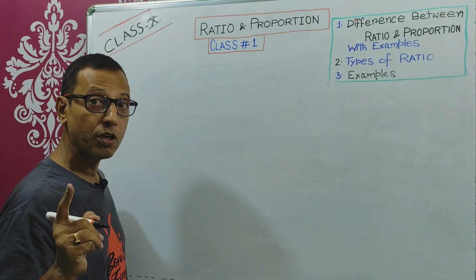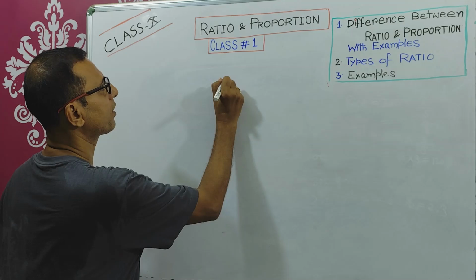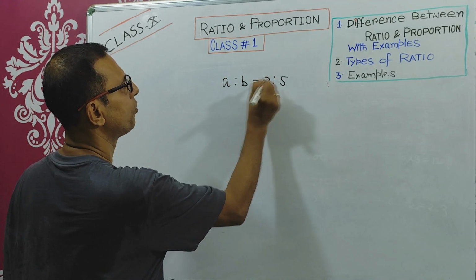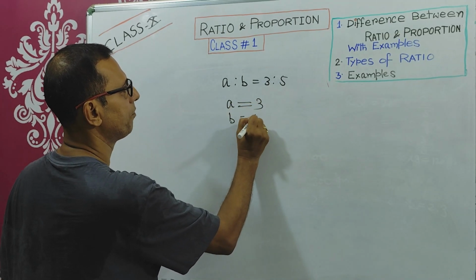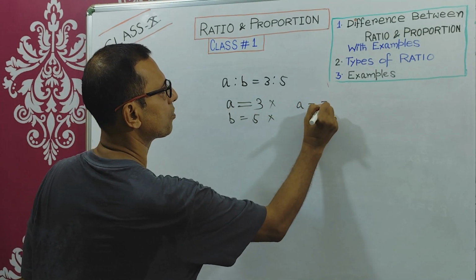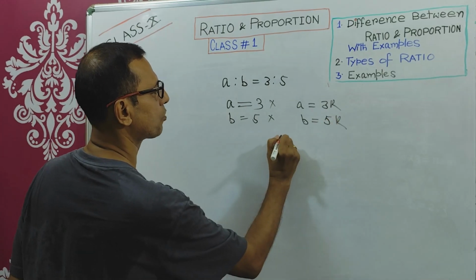Before that, I need to repeat one thing once more. What did I say? If A is to B equals 3 is to 5, you cannot say A equals 3 or B equals 5. But you should say A equals 3K and B equals 5K. If K equals 1,